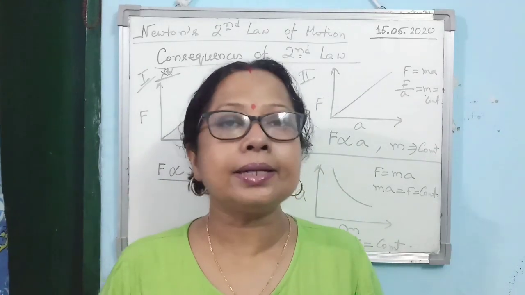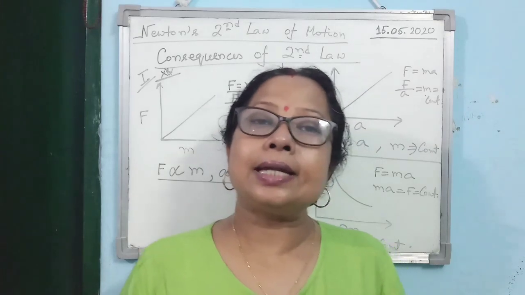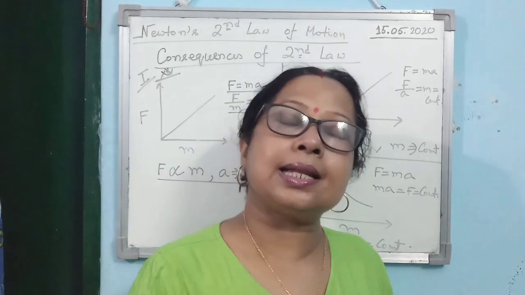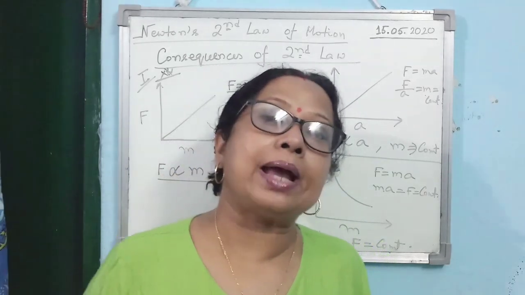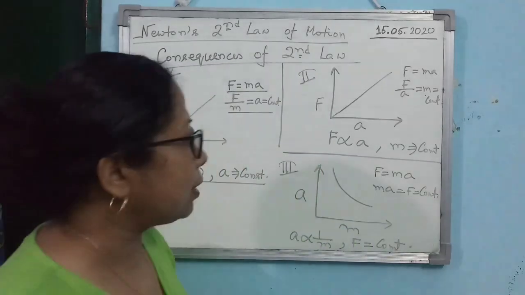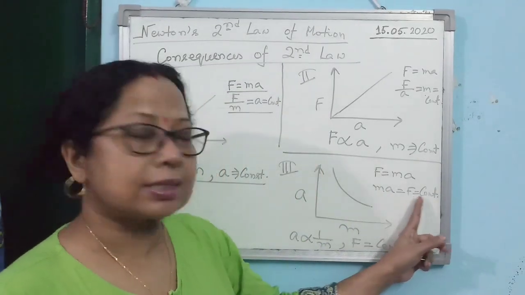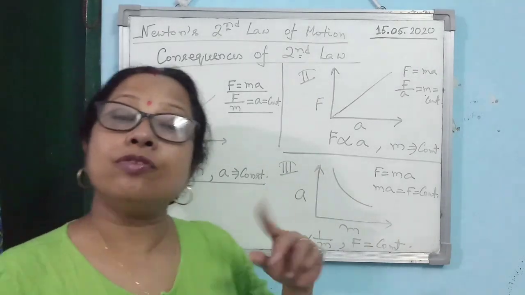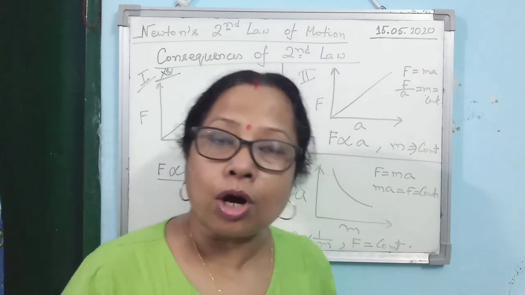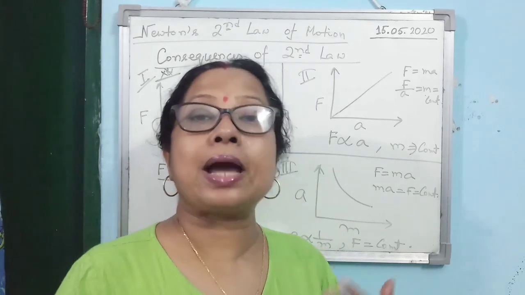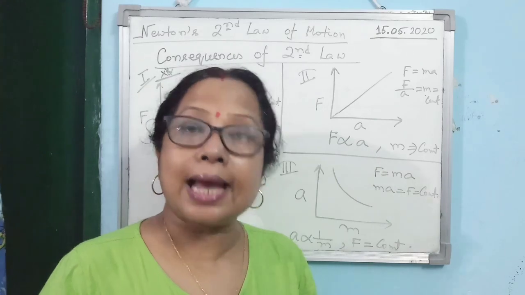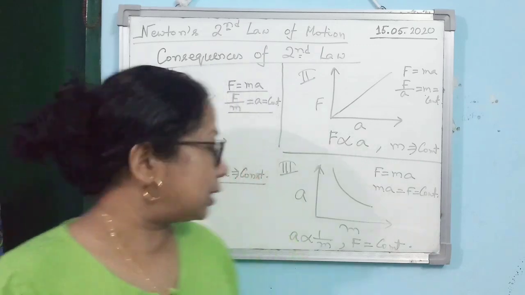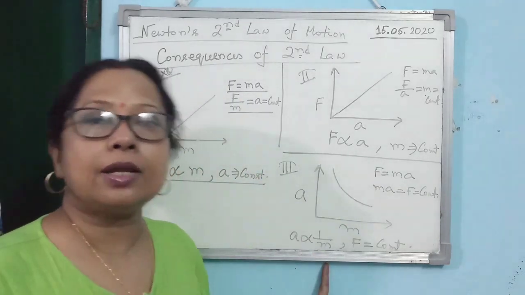Scorpio is a heavy car, isn't it? Then what will be your observation? That you can create more acceleration in the Maruti car and you can create less acceleration in Scorpio when you are applying the same force, isn't it? What does it mean? That the product of mass and acceleration is constant, it means that acceleration and mass, they are inversely proportional. When mass is more, you can create less acceleration by applying the same force. When mass is less, you can create more acceleration by applying the same force. So acceleration and mass, they are inversely proportional.